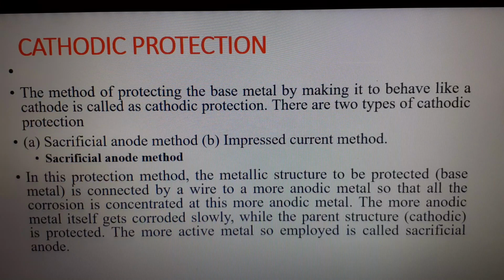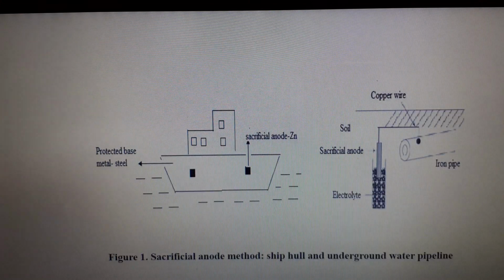You can see in this picture, suppose we have to protect this structure, or we have to protect iron pipelines, then what method will we follow? The metallic structure to be protected is connected by a wire to a more anodic